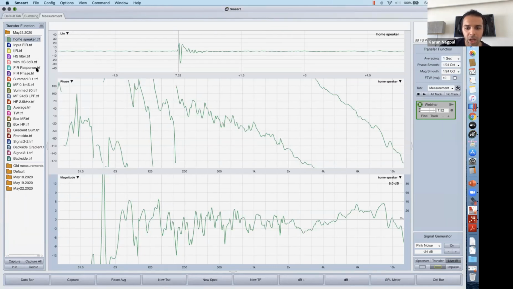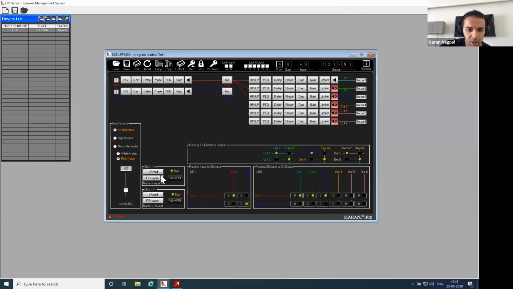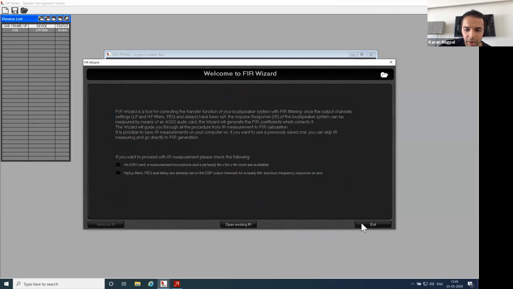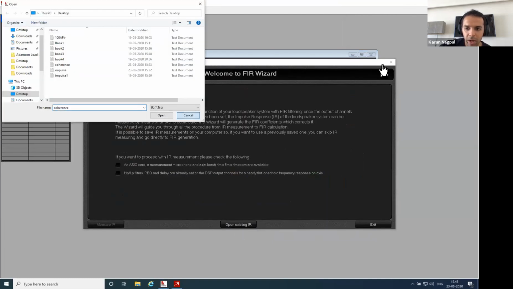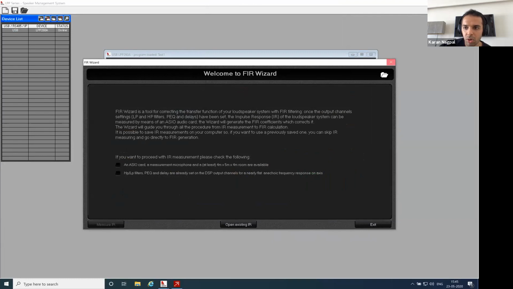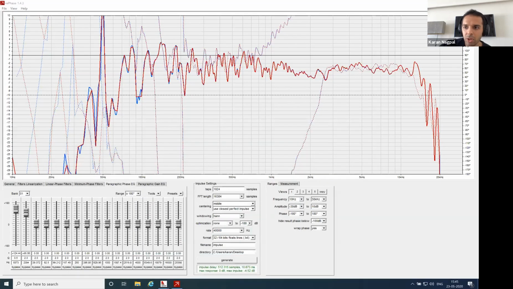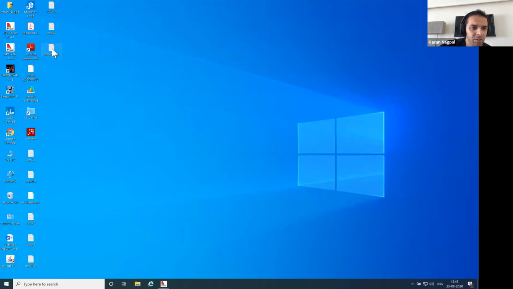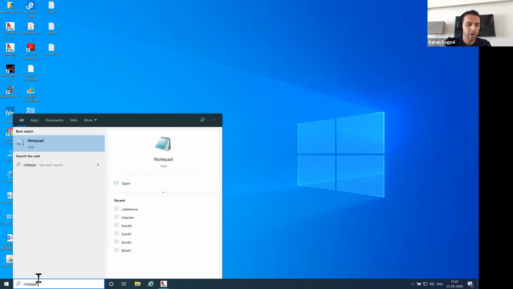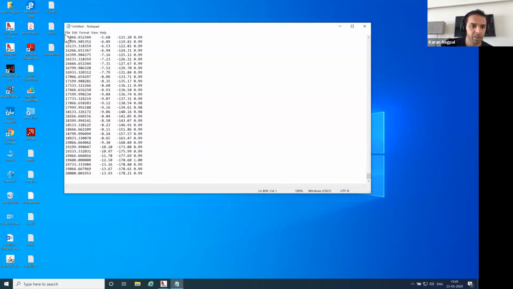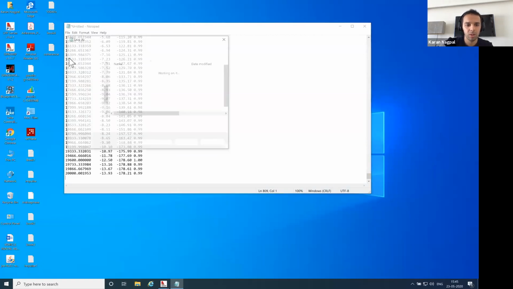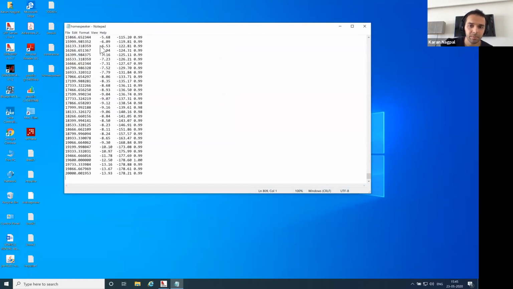So I'm going to copy to ASCII and come back here, go to my wizard and open, sorry, I'm not saved by impulse response. Hold on, sorry. Let me just quit. Has everyone understood rephase? I don't want to get into it, I'm just closing it. Okay. So instead of saving multiple files, I'm just going to open an existing one. It's not opening, but anyways, Notepad, pasting my impulse response and saying home speaker.